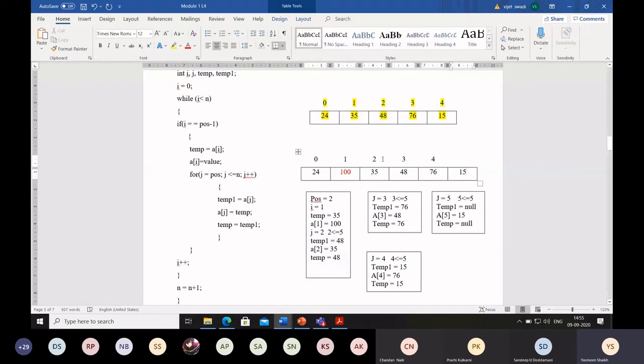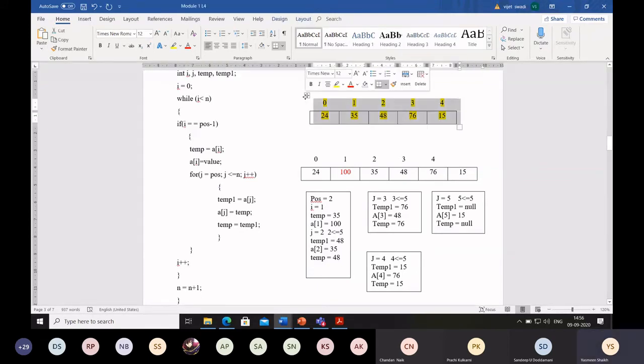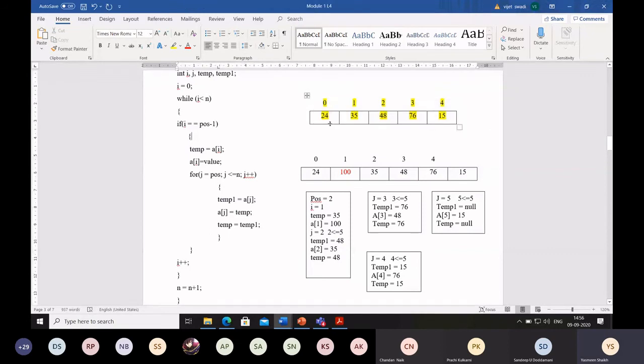So I think by now you have understood the entire picture of what we have done. We had an array here. In this array, there were 5 elements: 24, 35, 48, 76, 15.